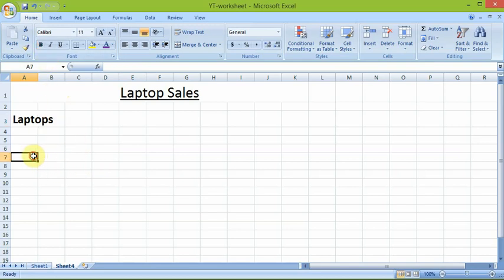Okay, now I can see that laptops is not fitting within A, it's going beyond the length of A. In fact, some bits of it are on B. So what I have to do is expand A. Each of these is called a cell in Excel. So this is a cell, this is a cell. So I have a cell